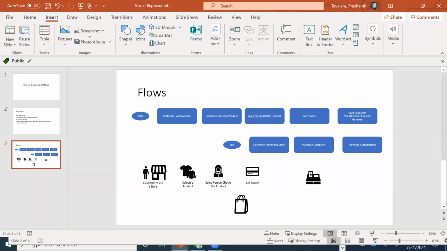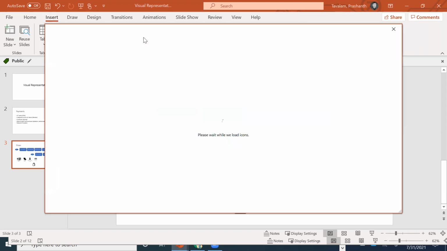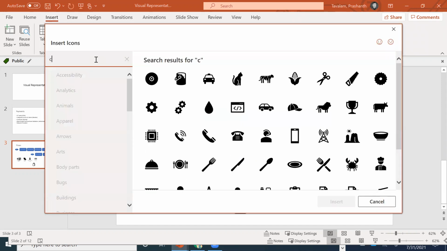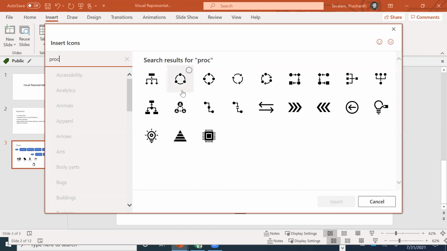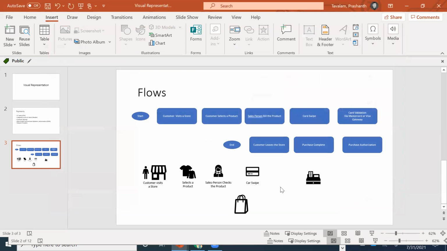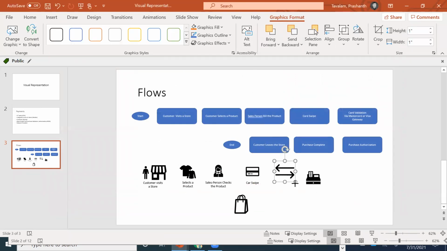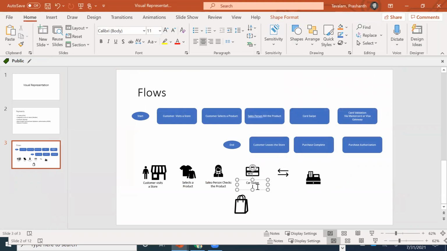Then we want to indicate authorization, validation, etc. So let's check that. Okay. I'm just choosing this. Let me know if I miss out something.